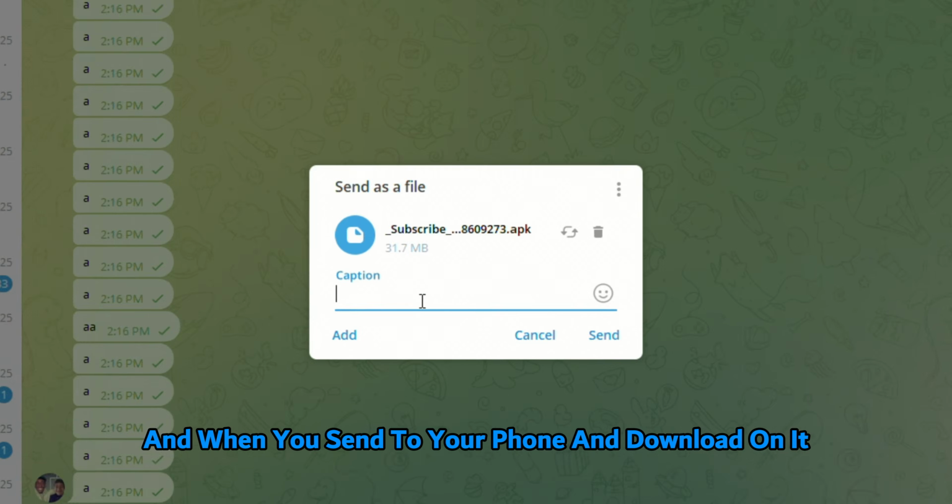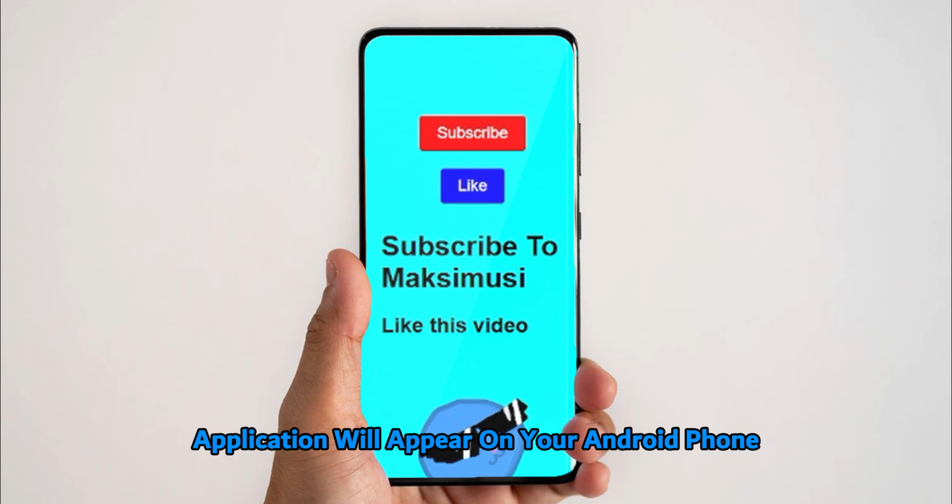And when you send it to your phone and download it, the application will appear on your Android phone as shown in the